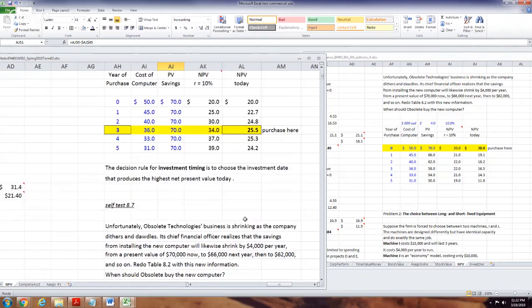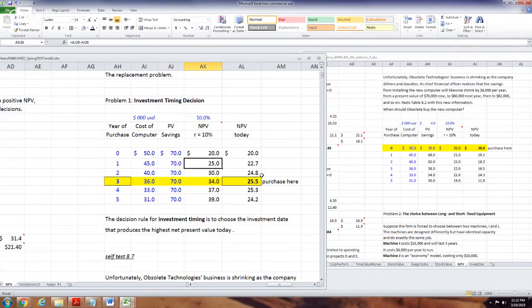And actually, folks, maybe I didn't dwell long enough on some of these. This is just a difference. Savings minus the cost of the computer. That's all it is, just a difference. This is present value. Okay, so maybe I should have lingered on them just a bit. Okay, and you can see the blue corresponds to this, the green is this, and then the purple is the exponent.